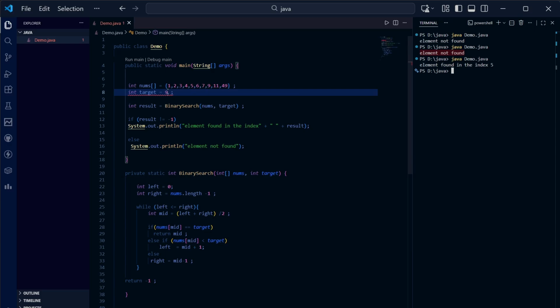If you check for the 9, and recompile, it will return you the index. Or if you say 49, it will return the index. It is saying index 9, and if you say 50, or 60, it will return -1, or it will say element not found. You can see the element not found. So this is a simple thing that is known as binary search, with that we have seen with this